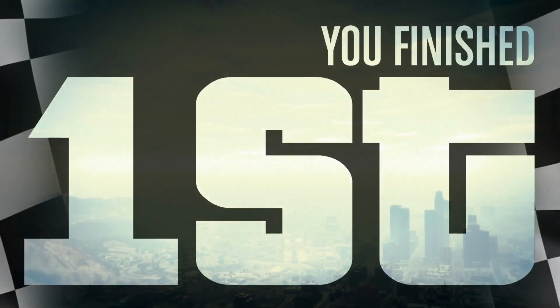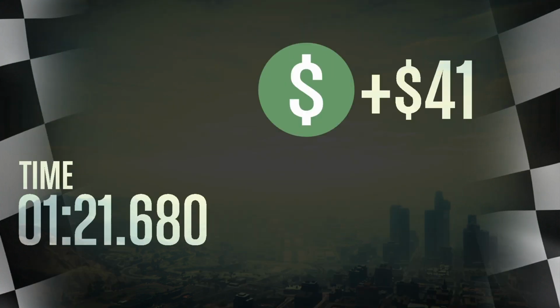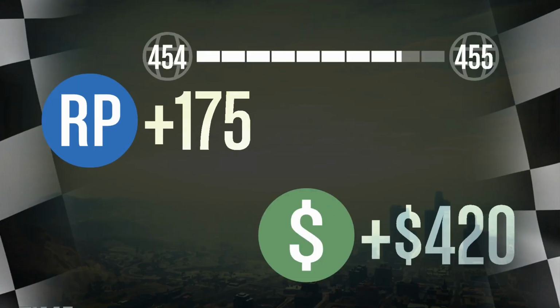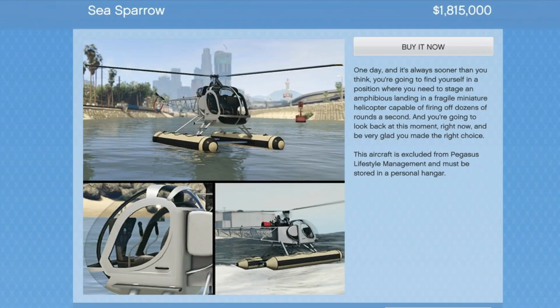So the performance is going to be the same between the weaponized and the non-weaponized. And the non-weaponized Buzzard, which would be the same as the regular weaponized Buzzard, will come in at 1 minute and 21 seconds. So the Sea Sparrow is faster. It is a faster chopper. It is a little bit more stable. Remember though,